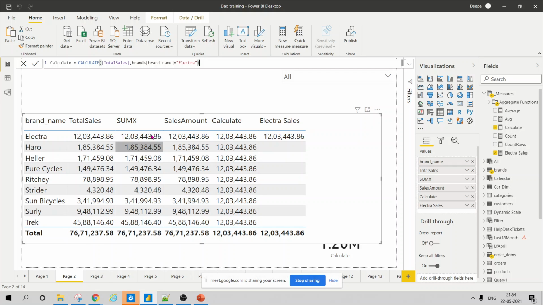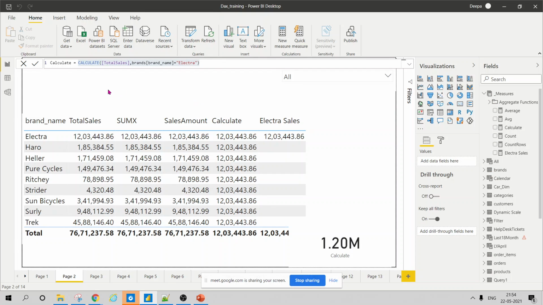The reason is that the calculate function modifies your filter criteria. Here you are in a table condition. If you see the DAX over here, it is showing you: give me the total sales where brand name is Electra, give me the total sales where brand name is Harrow, give me the total sales where brand name is Heller.